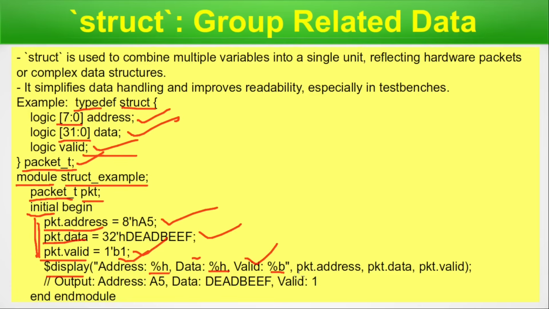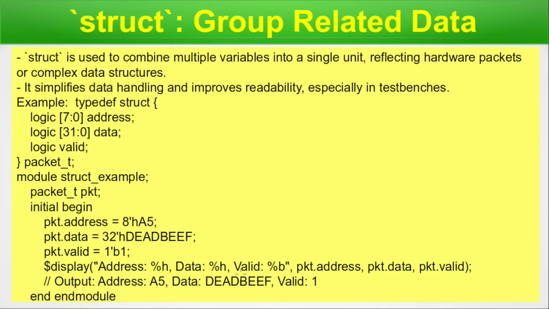And here we give the packet.address, packet.data and packet.valid. So this way we can assign the values and we can print the values, and here we get the output like this, and here we end the module. So looking at this example, now you are able to combine multiple things into one particular packet, and typically this